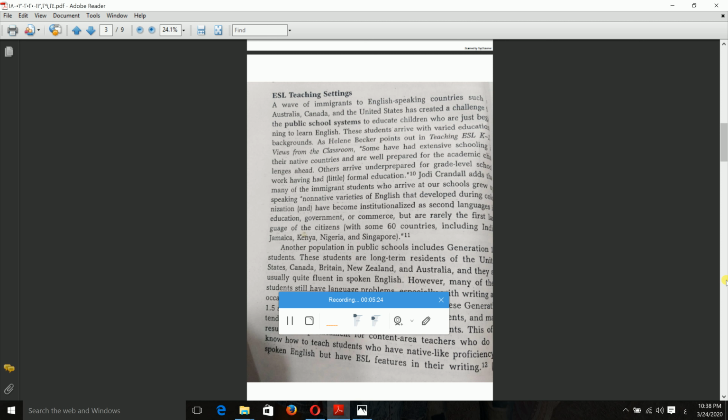Others arrive underprepared for grade-level schoolwork, having had interrupted formal education. The Chronicle adds that many of the migrant students who arrive at our schools grew up speaking non-native varieties of English that developed during